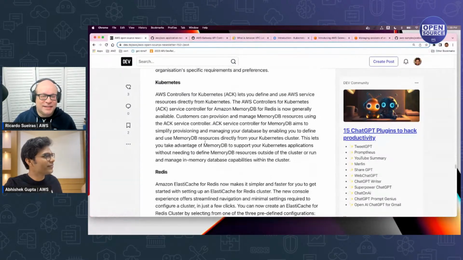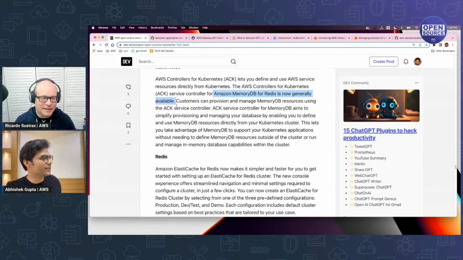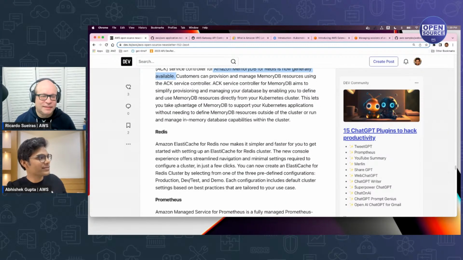Yeah, Kubernetes and Redis, right? So like I mentioned earlier in passing, I have done a lot of work with ACK and with some of the Redis services on AWS, which is MemoryDB and Elasticache. So this is now GA, actually. The ACK controller for MemoryDB for Redis is now GA. So I'm very happy to see this. And if you folks want to try this out, it's a Kubernetes way of setting up your MemoryDB clusters using manifests and YAMLs and even code for that matter, right? So that's that.